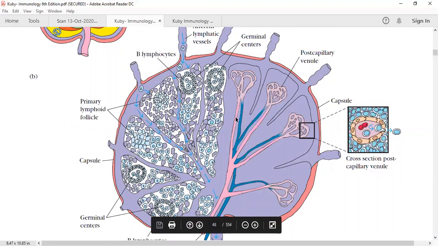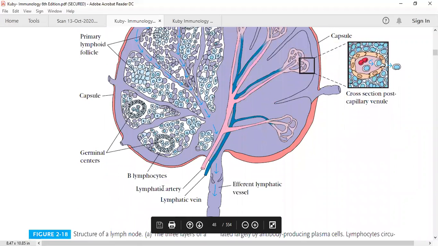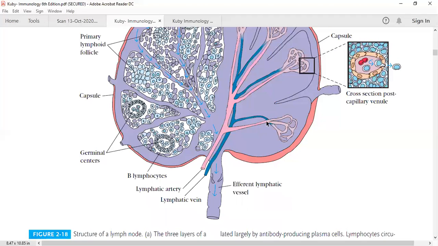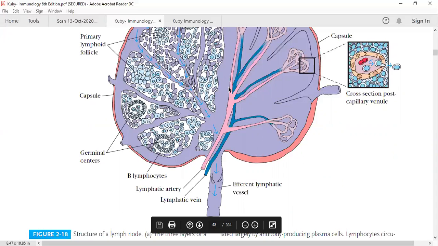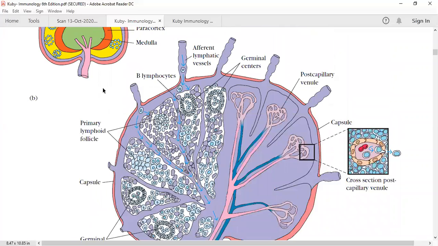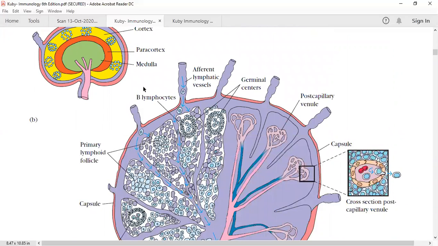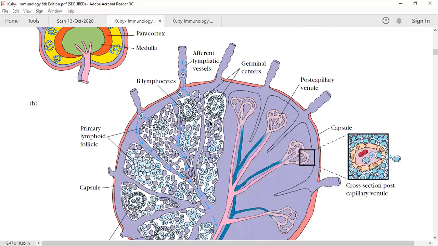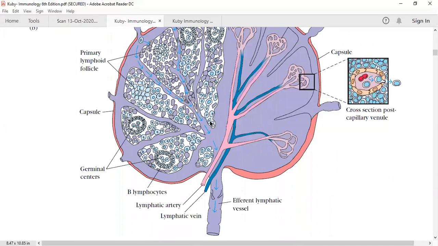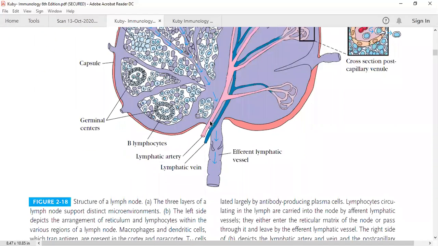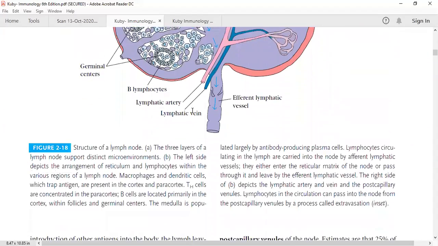It has both lymphatic artery and lymphatic vein. As I told you, the lymph nodes are present in the lymphatic network. So all the antigens present in the lymph can be entrapped in the lymph nodes, because the lymph is continuously flowing through the lymph node, where there are three regions: B cells, T cells, and the medullary region in which both are present. So if an antigenic challenge is recognized, our lymph nodes will mount an immune response against it.